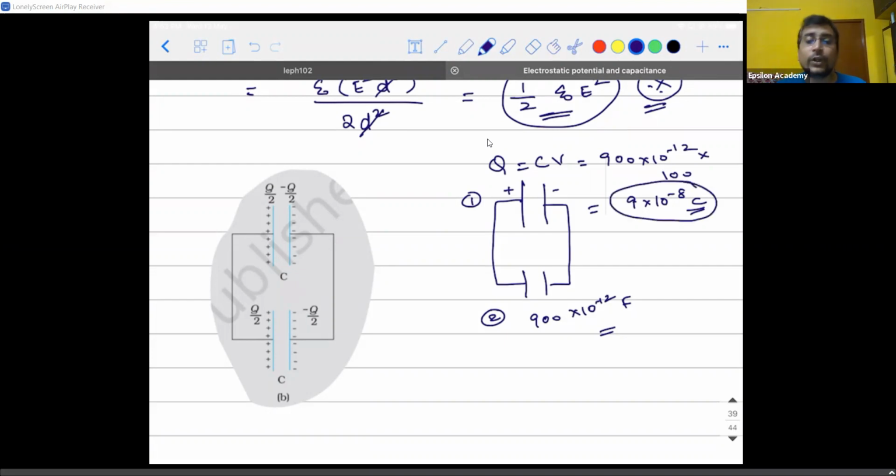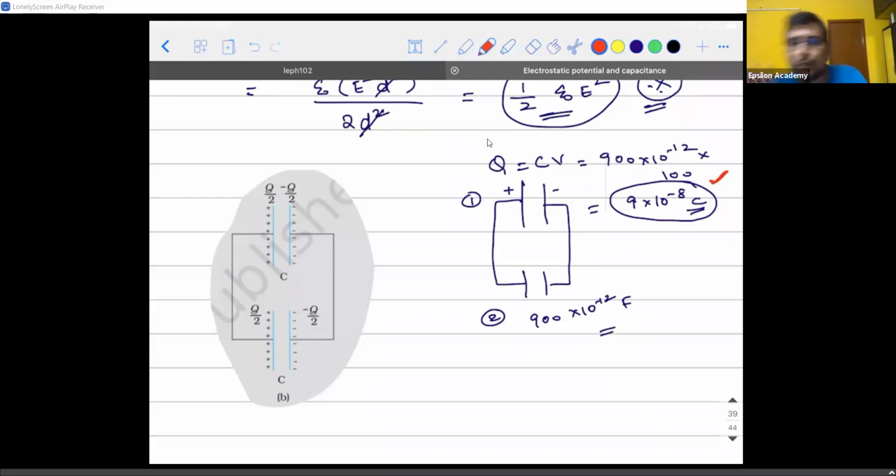And do you think that is going to get distributed across the second capacitor as well? Do you think it is going to get distributed? Guys, only if you answer, I will understand how you're thinking. I'm not concerned about right or wrong. Did you understand my question first of all?